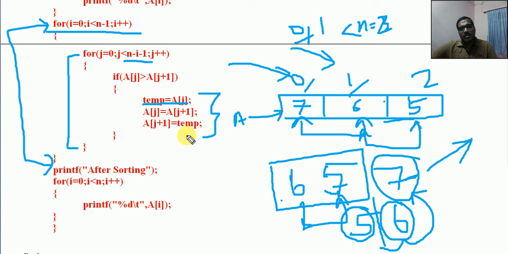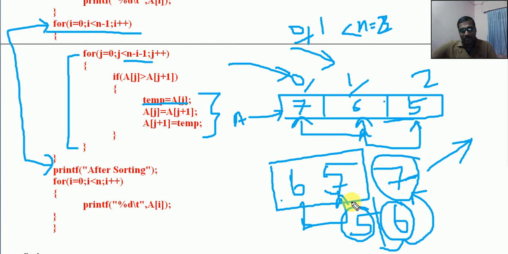We are simply exchanging the values one by one. For the first loop, i goes 0, 1, less than n minus 1. We don't require a third iteration. For the inner loop, we require n minus i minus 1.